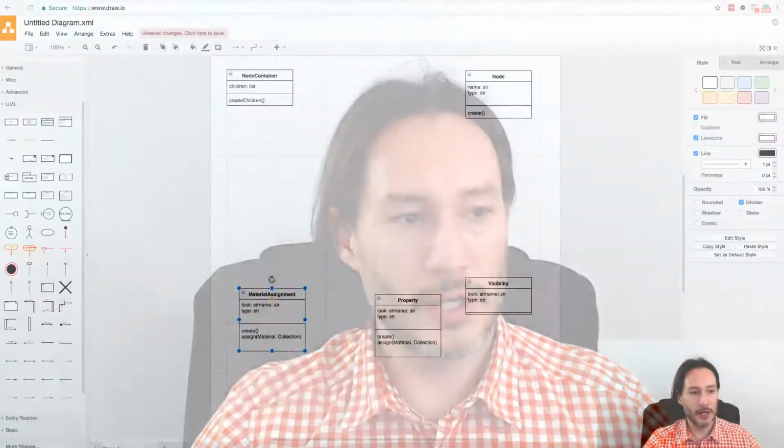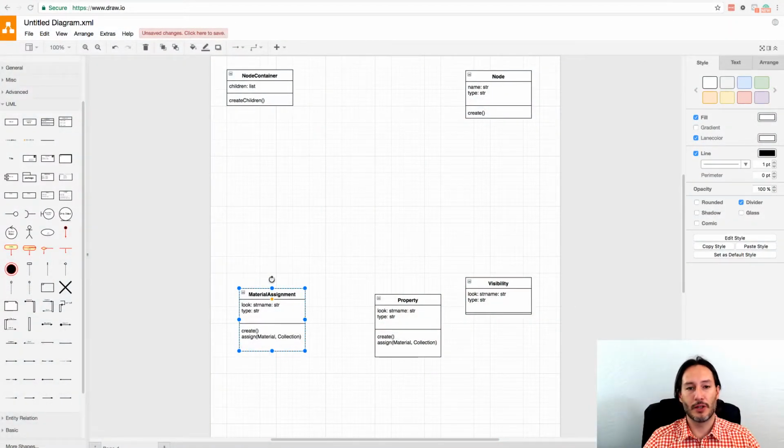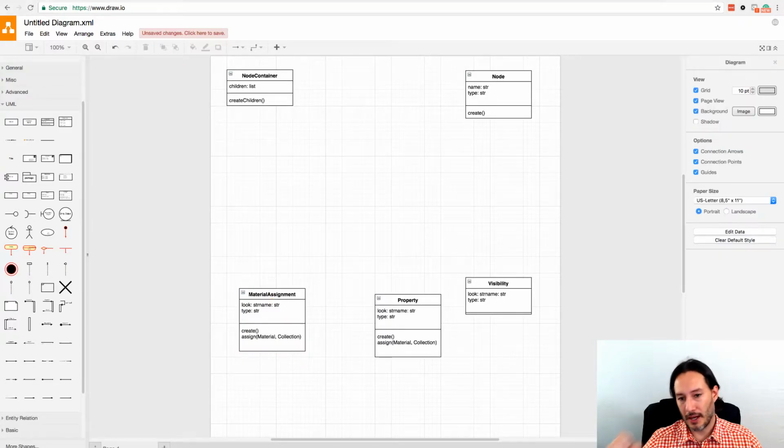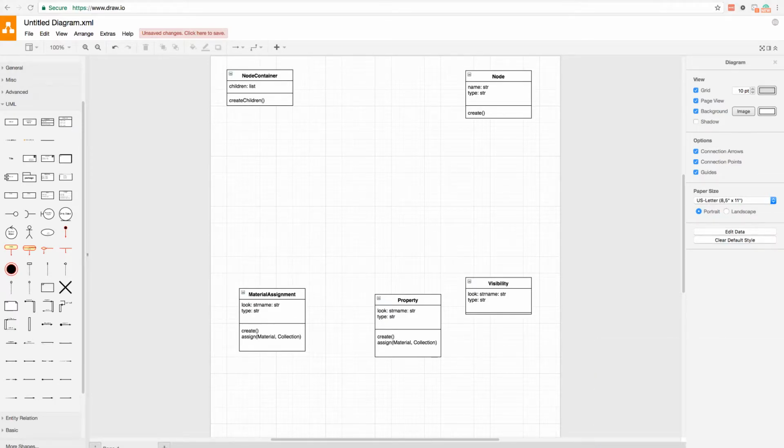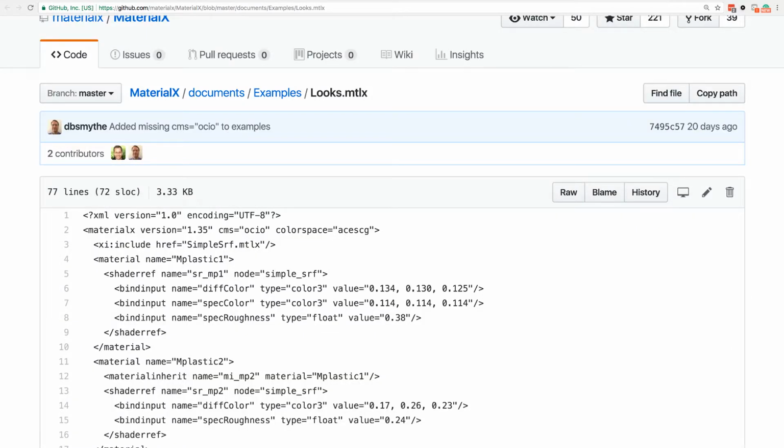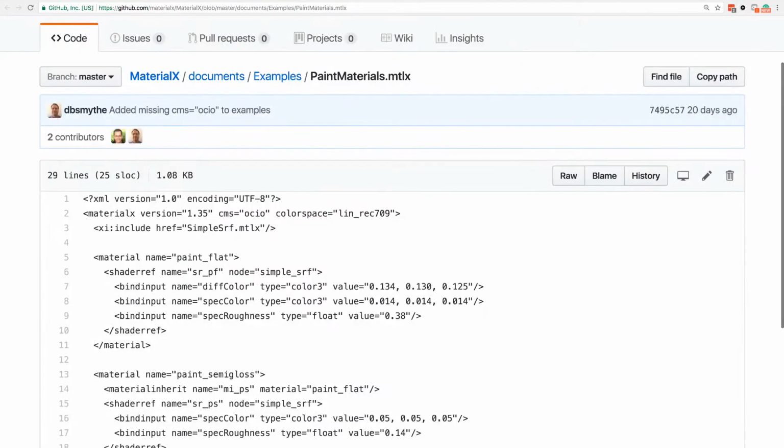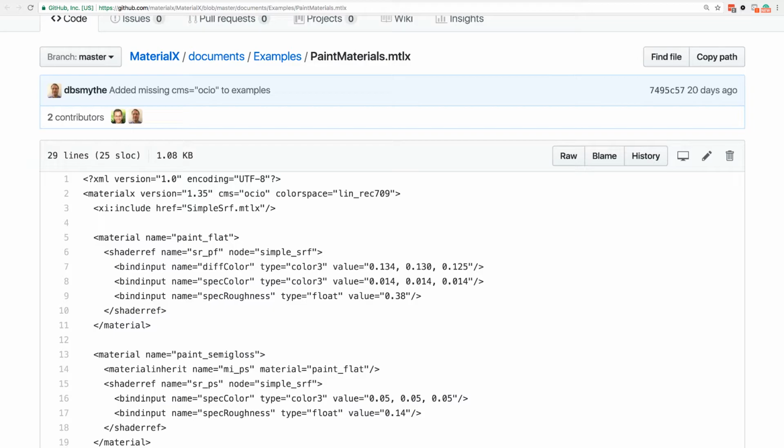So let's go back here into our user interface, and I'm going to show you a little bit what this is. This is a UML diagram, and UML can be used for designing so many different kinds of interactions and scenarios. One of the things that it does is allow you to create class diagrams for software development. So usually what I do is go back and look at some of these examples, and then use that as a reference for what I'm going to do.